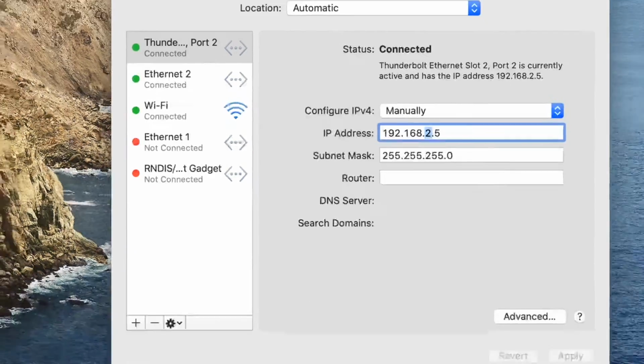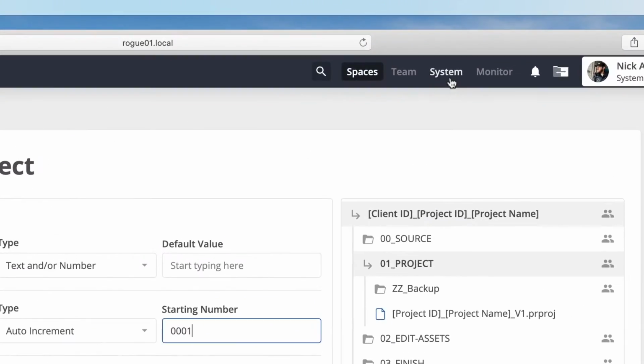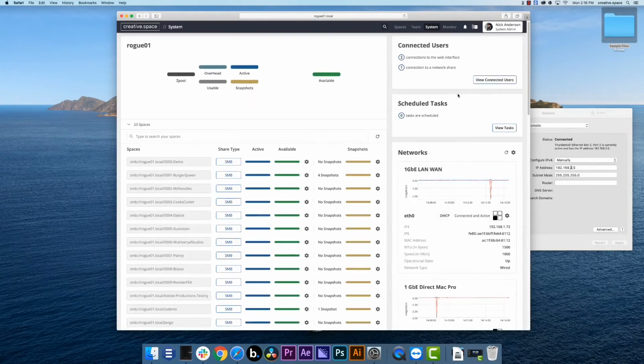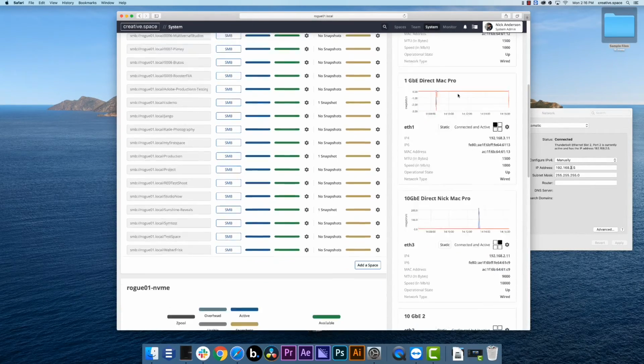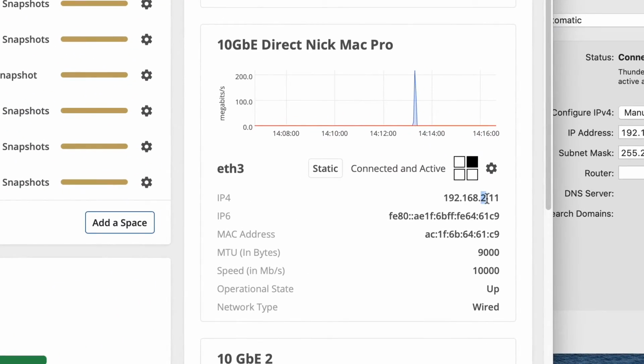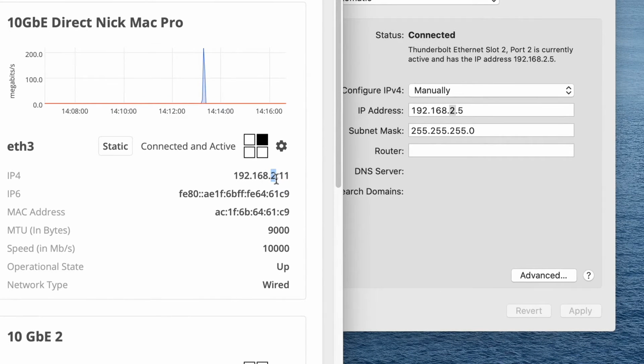Now, let's go back to the CreateSpace web app. On the System page, you can see your ports in the Networks panel on the right. Scroll down until you find a port with a matching number. This means that they are both in the same subnet and can talk to each other as long as the last number is unique. Now that I've found a match, I'll copy the IP address